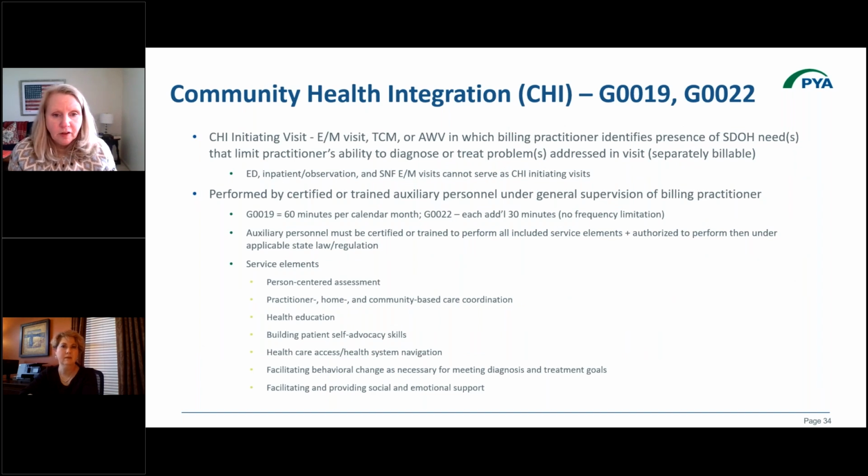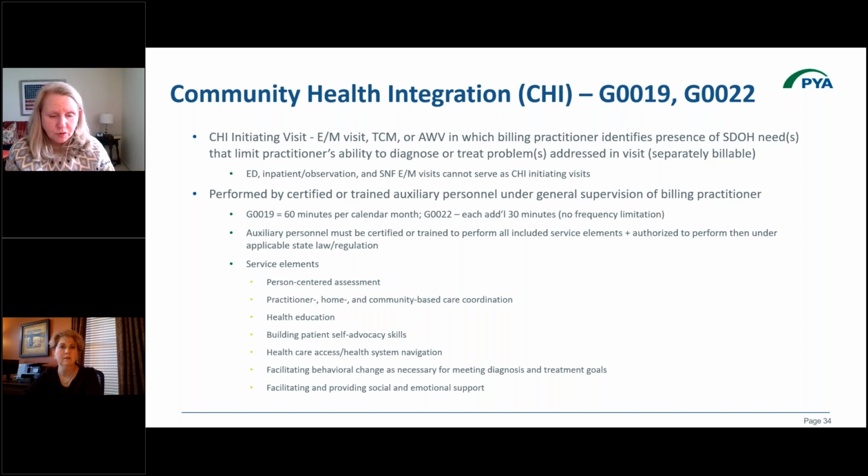Let's talk about community health integration, or CHI, G0019 and G0022. This, again, is a service that would be performed by typically a community health worker. The elements here are pretty well defined. I think CMS did a really nice job between the proposed rule and the final rule detailing out the requirements to bill for this particular service, making very clear that there needs to be an initiating visit where a billing practitioner identifies the presence of SDOH needs, and that they think it's appropriate to have assistance offered to that individual